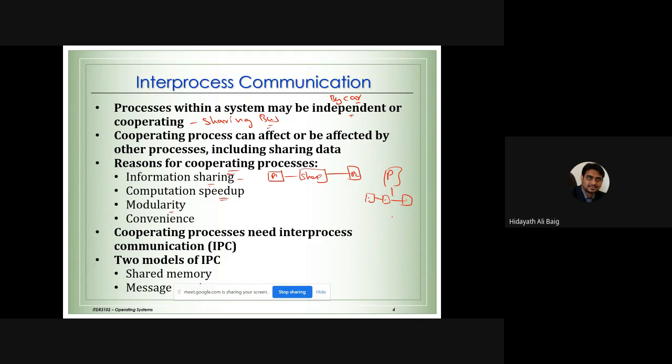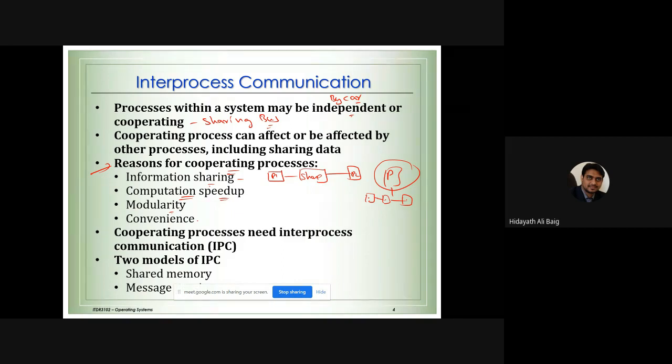Another way, modularity. Same example, modularity. We can break one big program into small programs. Why can we do that? We can do that to increase the speed of the program. And also, when we do that, I told you about the bus. It's a lot of convenience, easy. We just have to sit in the bus, pay a little money, and come to the college happily, talking to the friends and just enjoying the drive. Otherwise, you have to drive, you have to have a license, money, and you have to be careful in driving, accidents, parking space, so many problems. So convenience. In the same way, the processes will be easy to share with each other. So that's the reason why processes normally cooperate with each other.